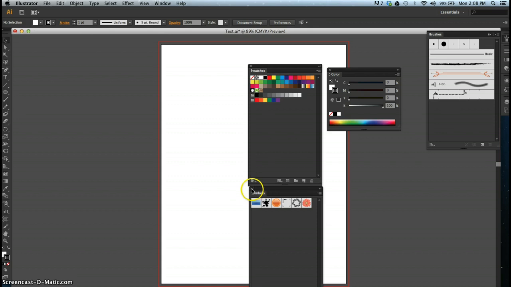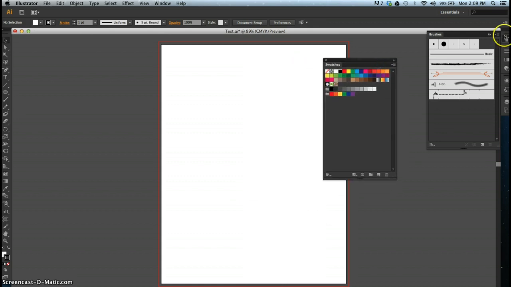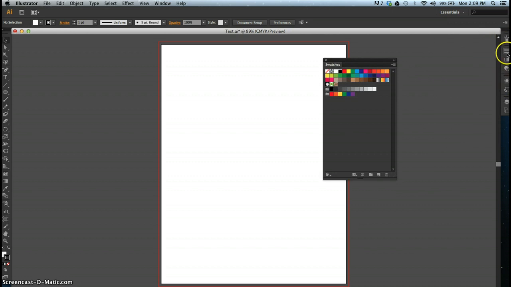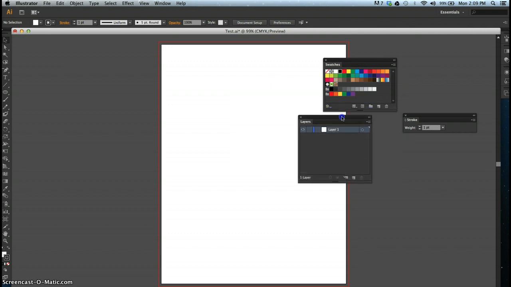And if you want to close out of some and only pull out the relevant panels that you will be working on, such as, let's say I'm working on stroke, which is outline, you can do so. I like pulling out my layers. I work in layers a lot in Illustrator. So let's say I work in layers, swatches, and stroke quite frequently, and I want to group these panels, but they're in different groups. I can do this by myself and specify my own little working space here. Now,